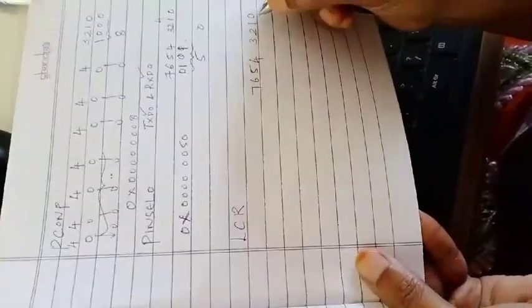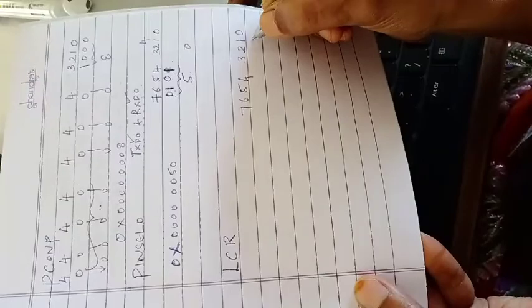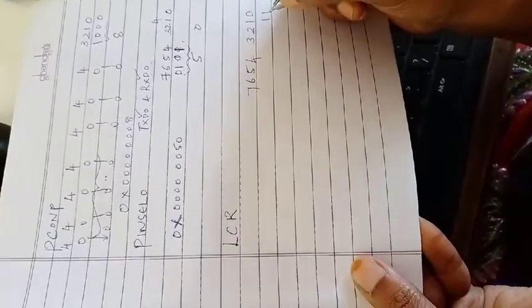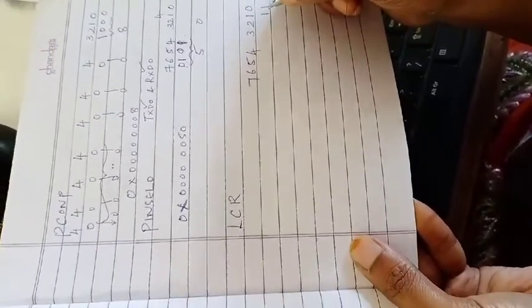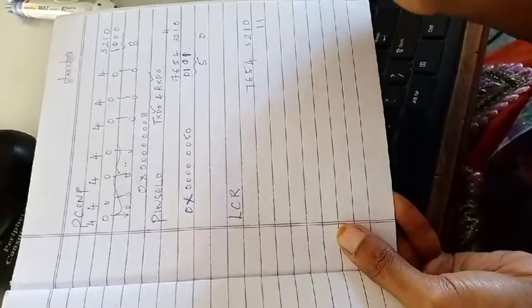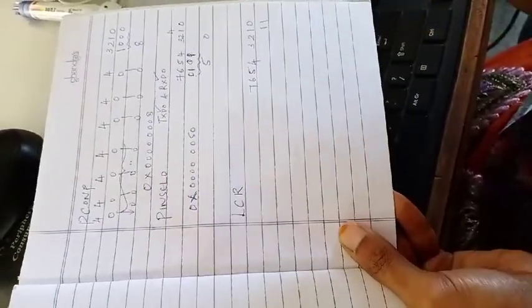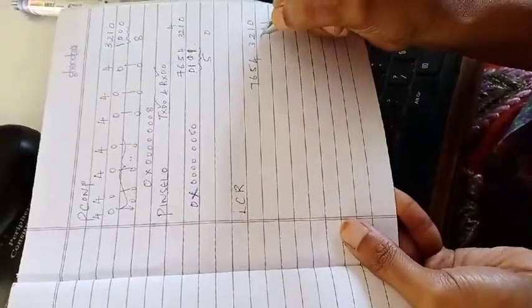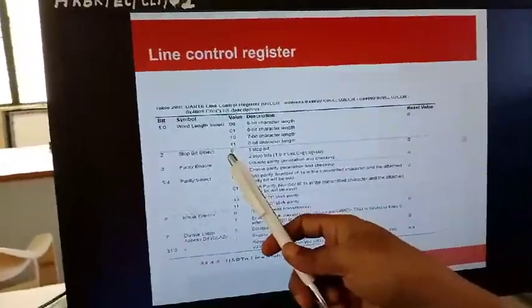Since we are selecting 8-bit character length, the values on bits 0 and 1 should be 11, as you have all seen from the PPT. We are making use of one stop bit, so the value on bit 2 should be 0, since 0 is one stop bit.